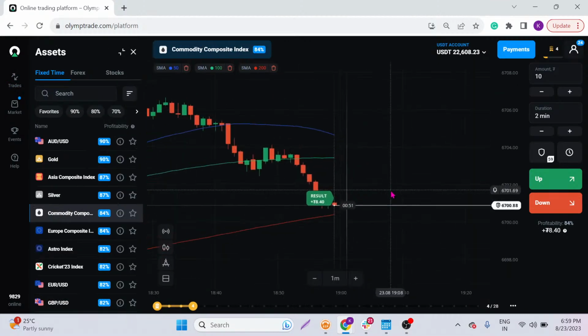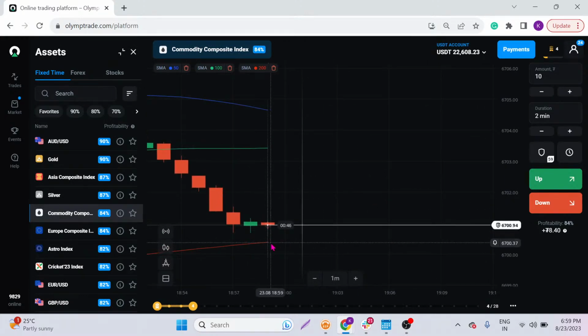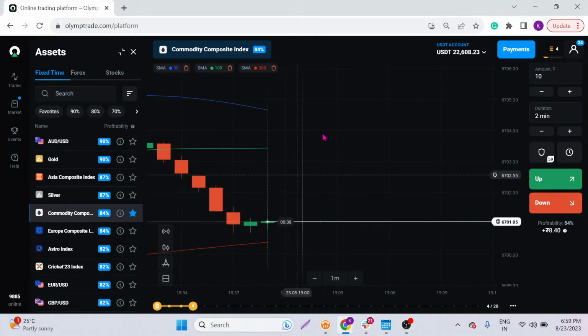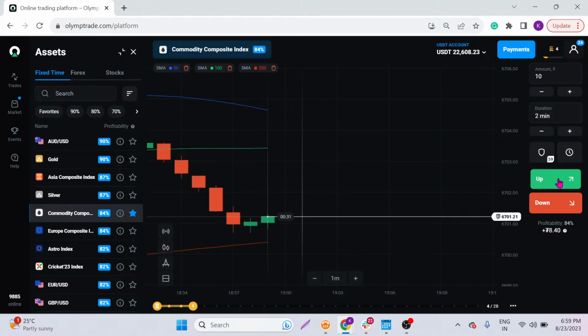Okay, so this trade went positive. Now what is the situation? Now this candle is trying to come near to SMA 200. I am very interested in this asset because since it is ending somewhere near 200, it will now start to reverse back. So we can make an upward trade as well. Let's try to make an